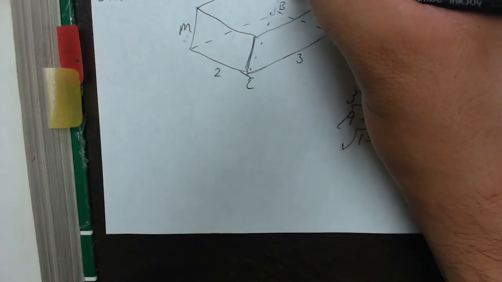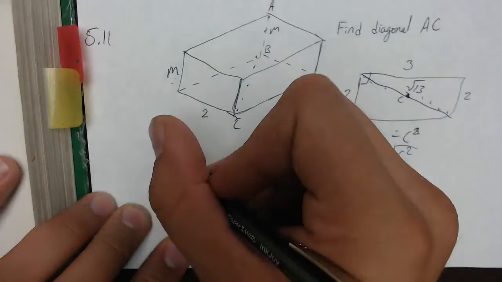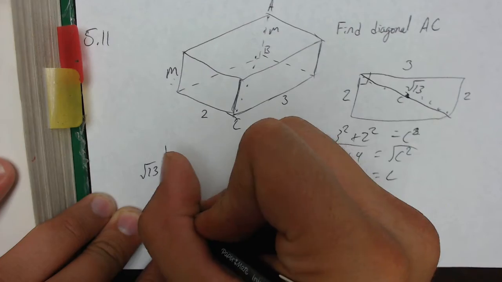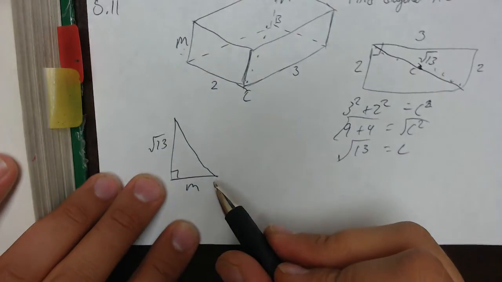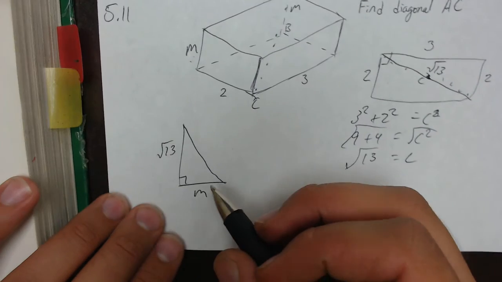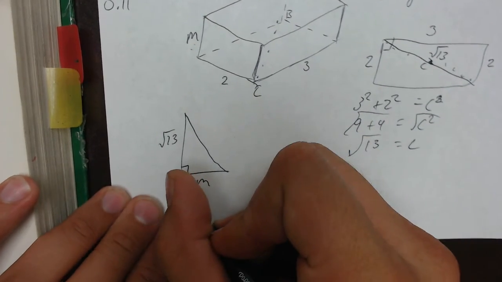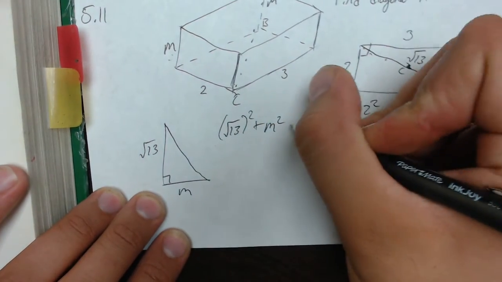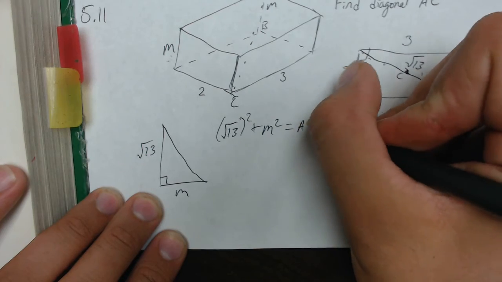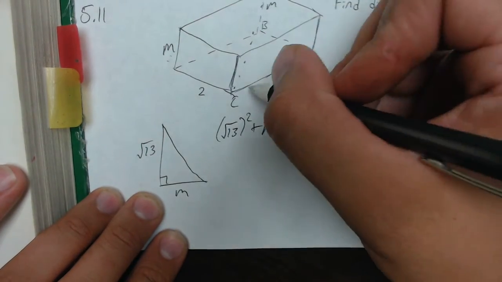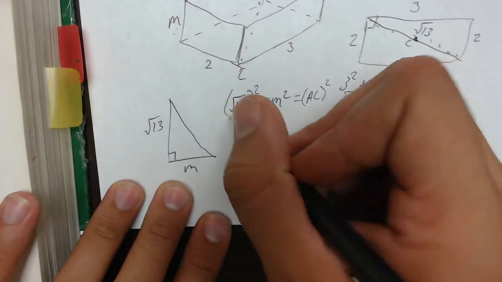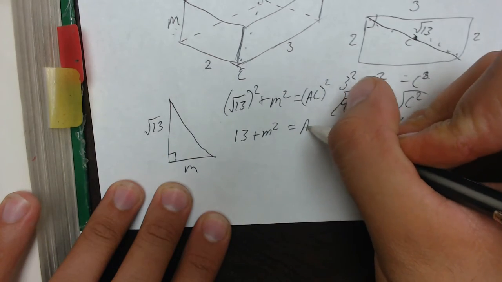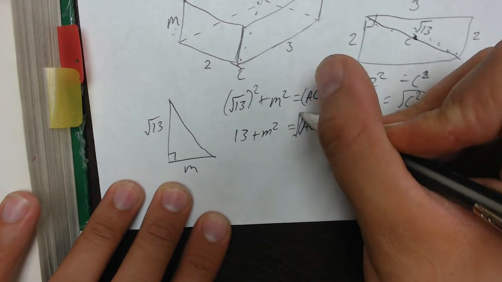And the other leg is going to be n, so we can use another right triangle. This right triangle will have a leg of root 13, a leg of m, and the diagonal here is going to be the diagonal we're looking for, A to C. So we'll just use Pythagorean theorem again. We do root 13 squared plus m squared equals AC squared, which is what we're looking for, this length. Let's work that out. The square root of 13 squared is just going to be 13, plus m squared equals AC squared. Take the root of each side,